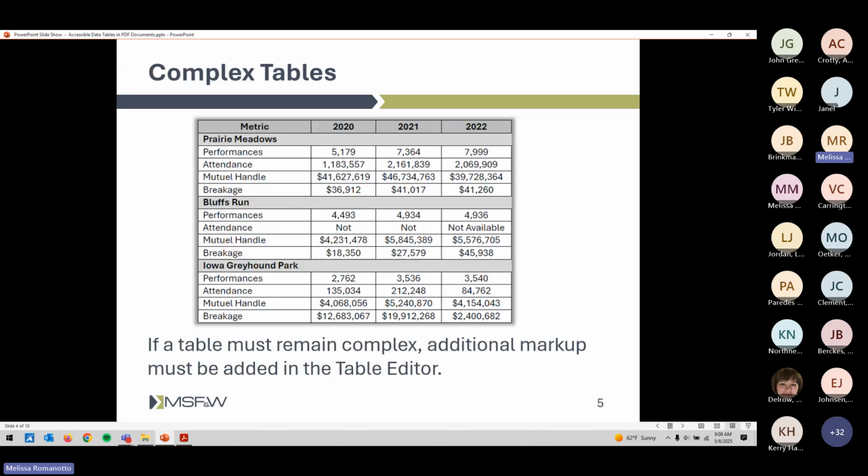So let me show you an example of what a complex table looks like. So we've got one here on our screen. It has row and column headers. So our column headers are metric, 2020, 2021, and 2022. And we have row headers: performances, attendance, mutual handle, which is spelled funny, breakage, and those repeat for 3 different,